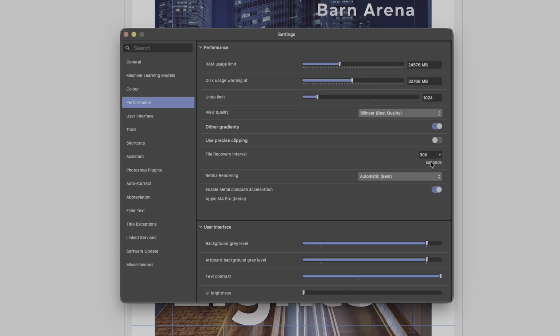And second very useful thing is file recovery interval. It takes seconds. It's from 30 seconds to 2700 seconds, and it's the time that Affinity saves your work automatically. So if anything freezes or for some reason Affinity shuts down, everything won't be lost, because Affinity automatically saves your work every, for me it's 300, but you can choose whatever